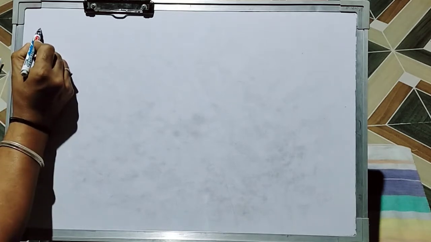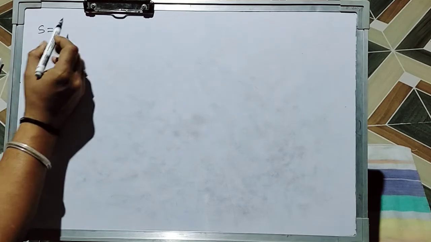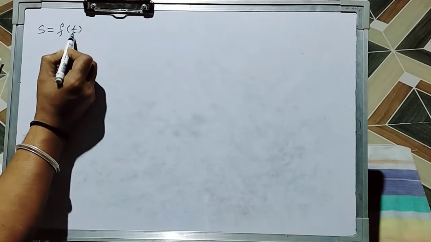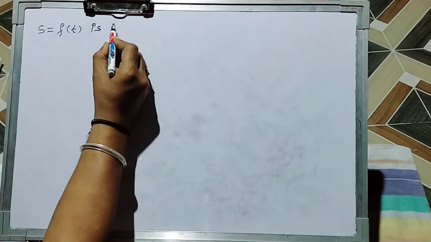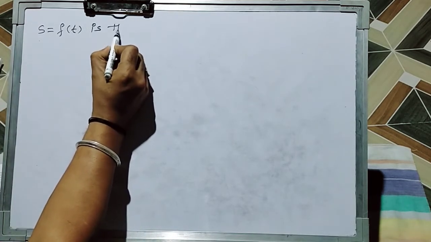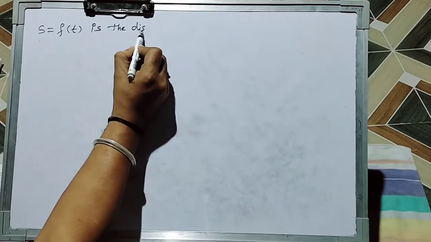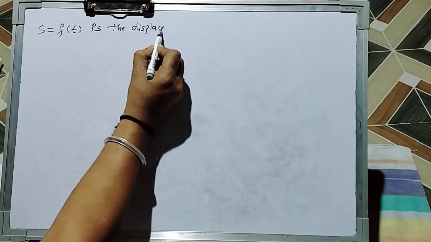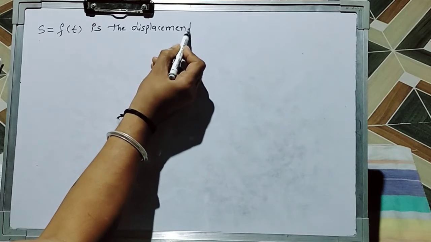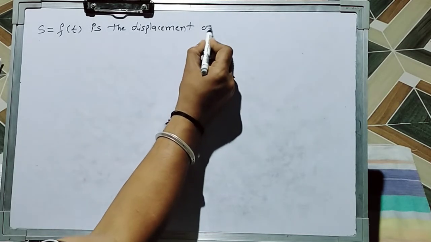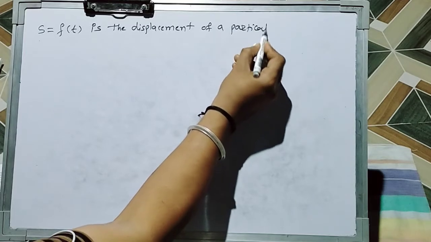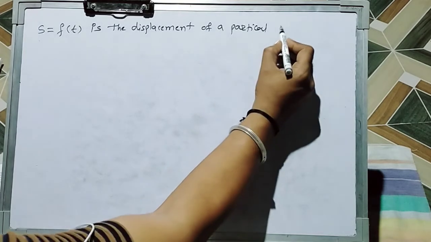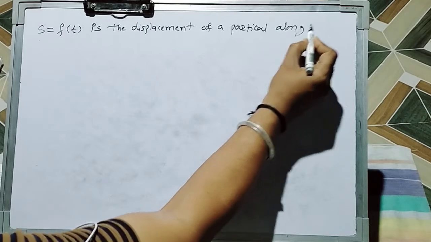If s equals f of t, a function of t, is the displacement of a particle along a straight line,